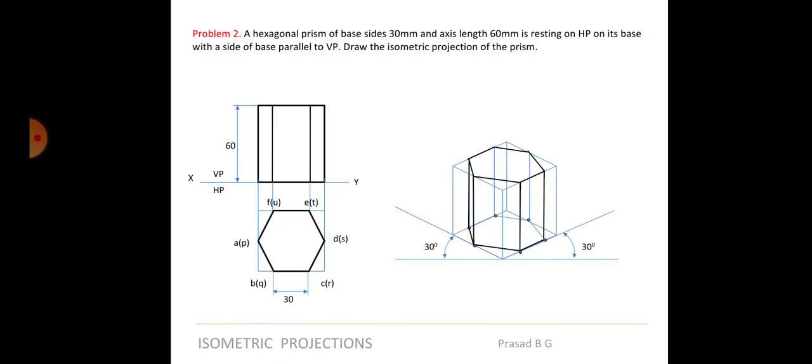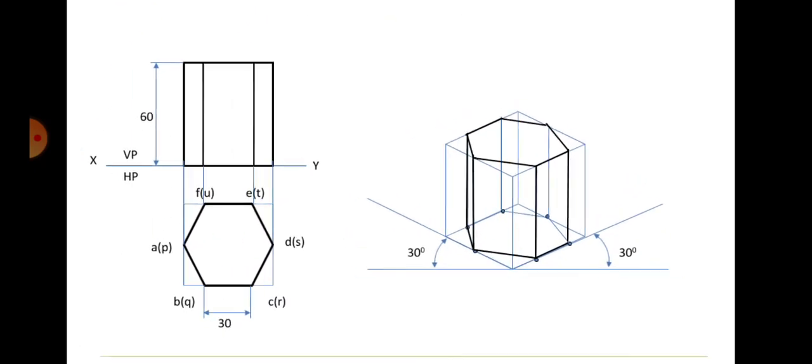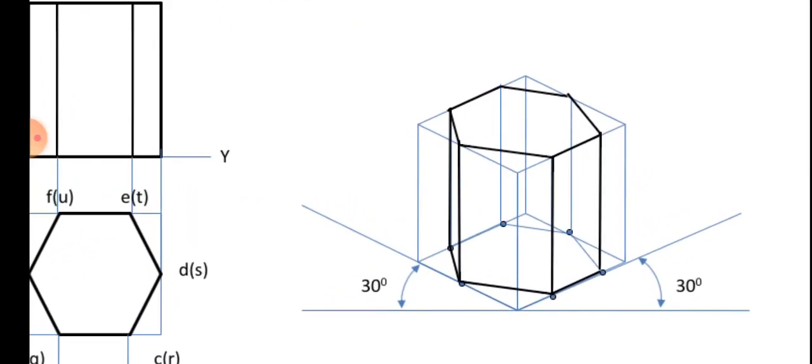So this will be the isometric projection of hexagonal prism. So you can very clearly see there, right? So inner lines are kept in blue, only the outer lines are kept in black. So whatever is in black is visible, whatever is in blue are actually coming on the back side. So you need not show it in the case of isometry. Got it? So this is the view, final view. You have to get it like this.